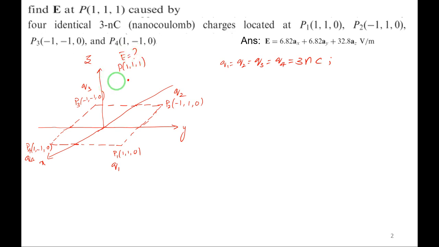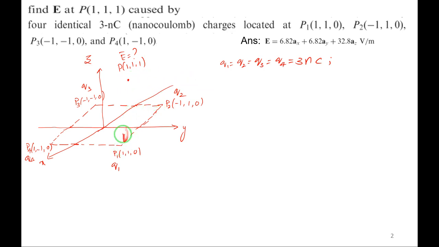We know that the force due to a number of point charges obeys the principle of superposition, that is Coulomb's law. Here also the same thing. First, we have to find the electric field intensity at this point P due to point P1 where charge Q1 is located. Similarly next P2, P3, P4. Let me call the field due to P1 as E1, due to P2 as E2, due to P3 as E3, due to P4 as E4. So the total electric field intensity at this point P is E total equals E1 plus E2 plus E3 plus E4.